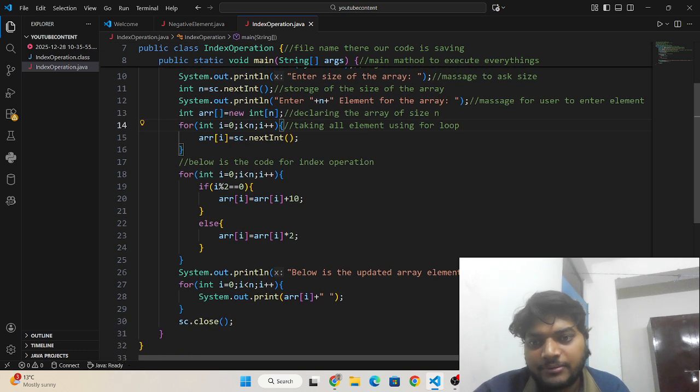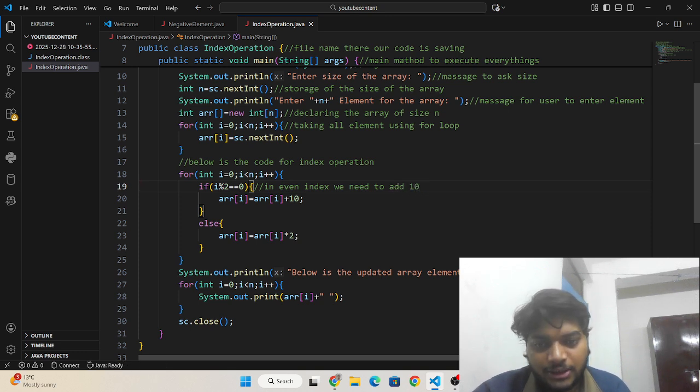Okay, here we write the code to perform the operation. In an even index, we need to add 10.